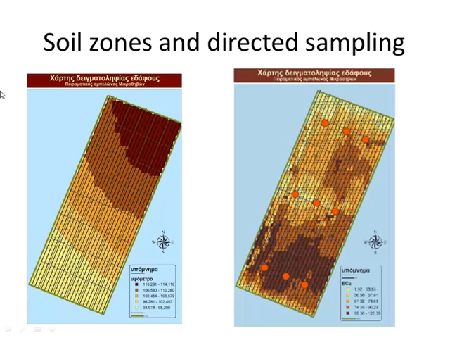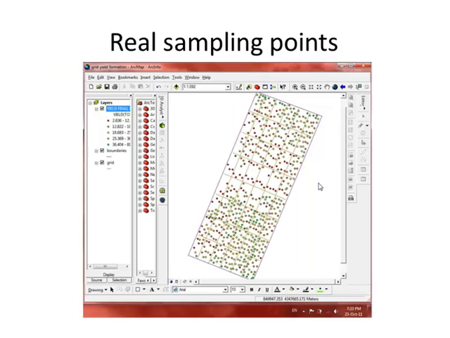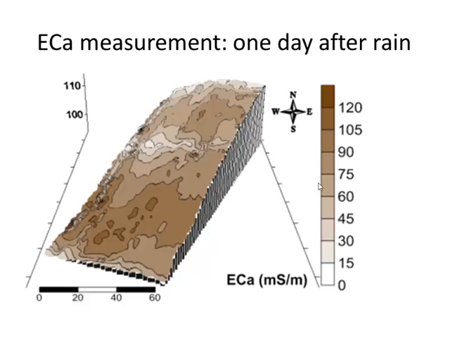Here you can see an elevation map. You will see a better elevation map after that. You can see the different levels above the sea here. And here you have the map of the electrical conductivity and how we use it to do directed sampling. We sampled the different zones we formed through the electrical conductivity. But after that, as we are doing research and we have money to spend, we also did grid sampling to have better data.